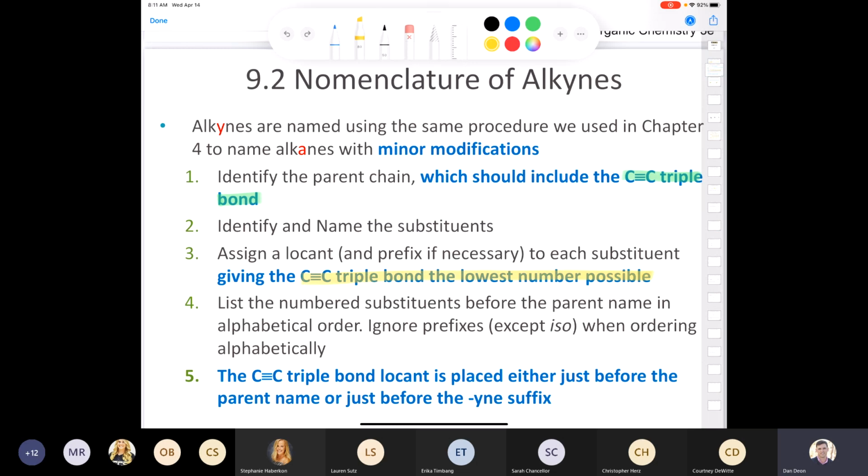We list all the substituents in alphabetical order. We ignore prefixes except iso, cyclo, and neo. Those are the ones that we do include. And then the triple bond locant can be placed either just before the parent or just before the -ine suffix. And if you're wondering what rule number 5 means